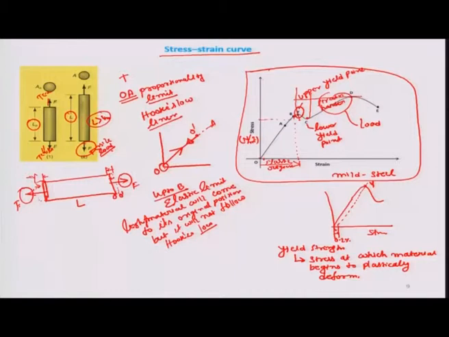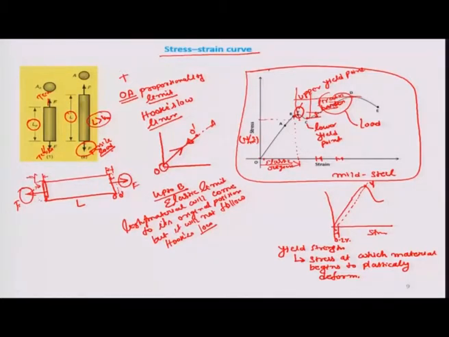Beyond Y, elongation occurs at a much faster rate. You can see that with a small change in strain, the value of stress is very high. Suppose you are taking this much strain from the Y to D region: in a small elongation, the change in stress is high. So elongation occurs at a very fast rate, and after reaching point D,